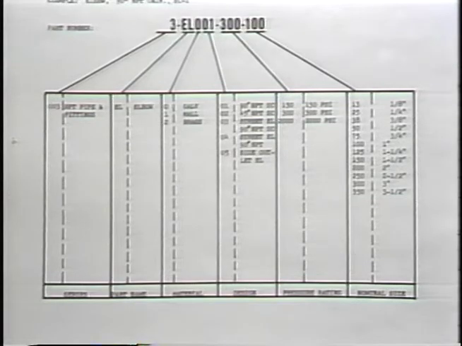Here is something interesting. If I multiply each one of these fields by the number of items that are in there, that'll tell me how many part numbers I can generate. And I'm just going to do this one time on this one exhibit. As an illustration, the series I have is one elbow, so 1 times 1 is 1. I have 3 materials, so now I have 3. I have 5 different designs. Now I have 3 times 5 is 15. I have 3 different pressure ratings. Now I have 45. And then I multiply that by the various sizes here, which are, let's see, 4, 8,